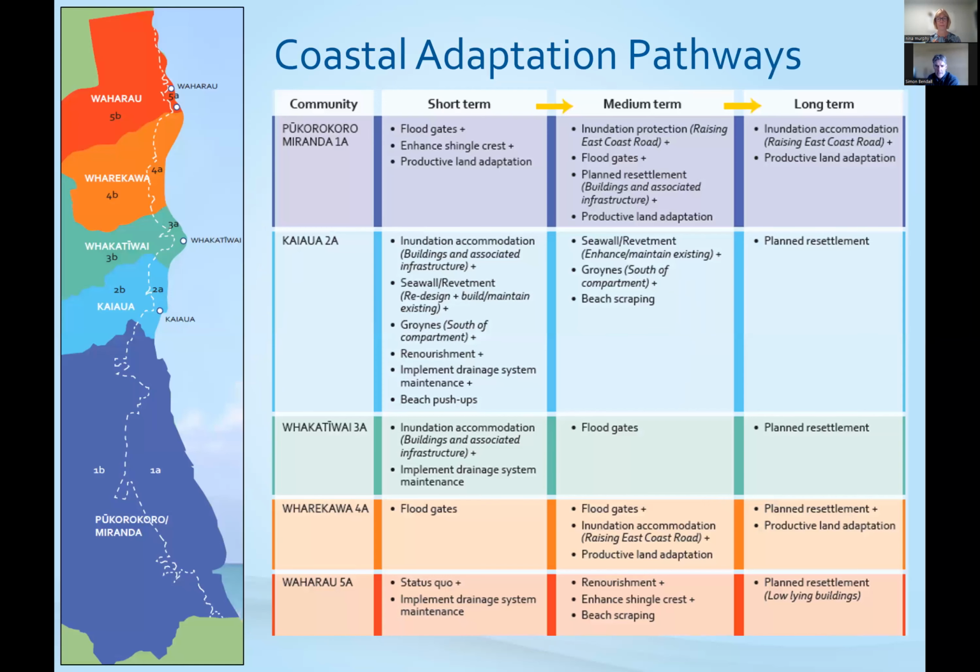On the next slide is focused on the more coastal side of the hazards the panel considered. And again, these are recommendations that have been picked up by the councils directly from the panel. And this presents the panel's recommendations for long-term coastal hazard adaptation pathways for each of the 5 compartments along the coastline. There's a lot of information on those, so I won't run through all of it, but the key thing to note here is that for each compartment, there's a short, medium, and long-term series of actions that have been recommended to increase resilience to these coastal hazard risks.